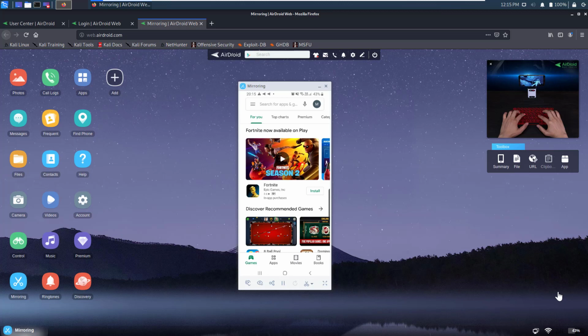Now suppose that you have a mobile application on your mobile phone which you want to inspect for malicious activities. As we said earlier, we need the APK version of that. So open your mobile, go to the Play Store,